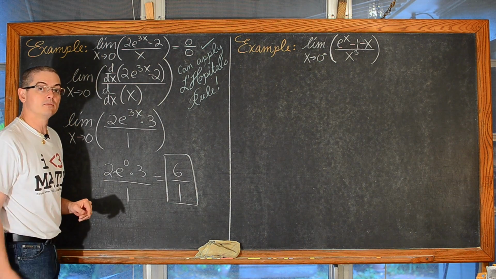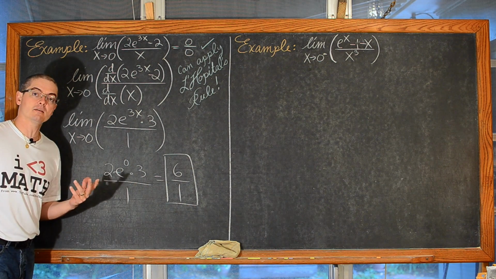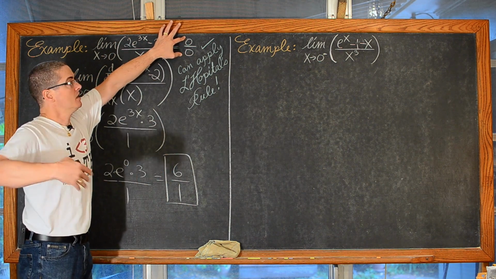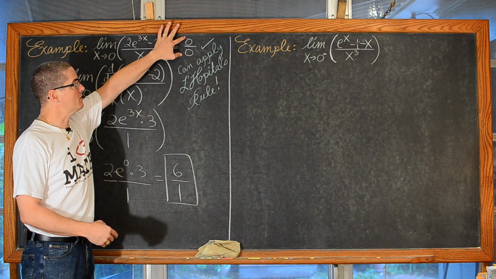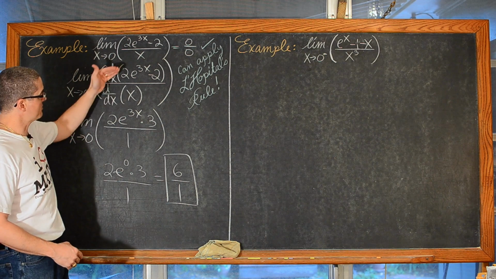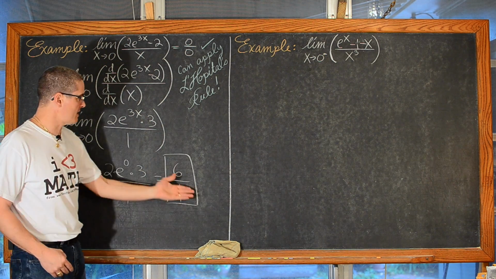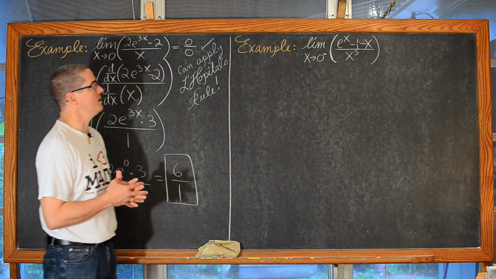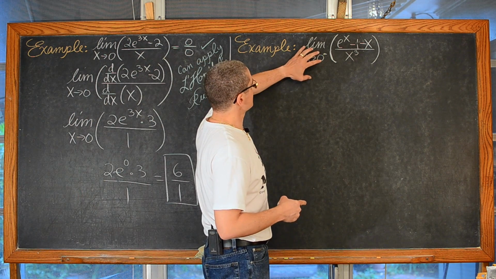And wow, that did not take a whole lot of effort, just making sure that we tried to find the limit. We got the indeterminate form 0 over 0. That says we can use L'Hopital's rule, find those derivatives in the numerator and denominator separately, and boom, just like that, got the answer. Very, very nice process for finding the limit of an expression as x approaches c.